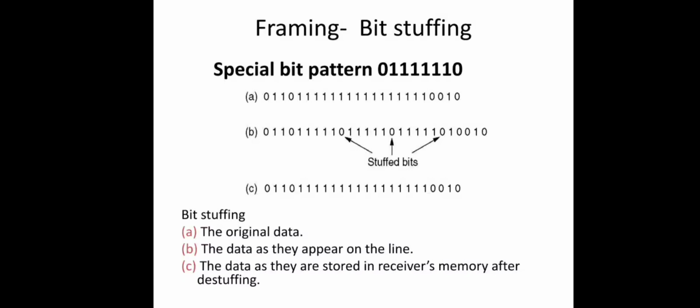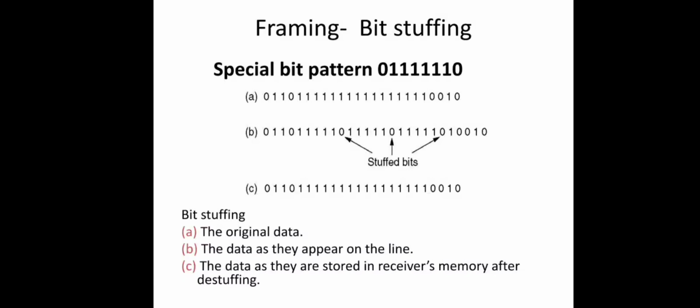That means every valid bit will have a transition in the middle, right? So if there is a combination with high-high or low-low, that means it's not a data bit, and such a combination can be used to indicate the frame delimiter. That is the fourth method. So these are the different methods for framing.